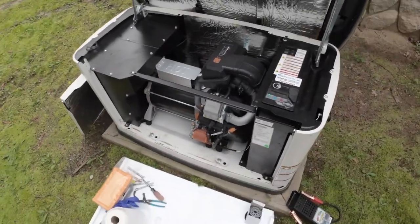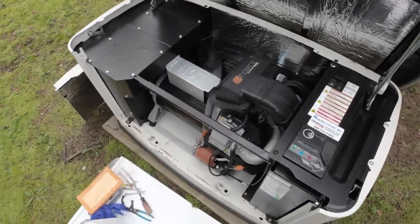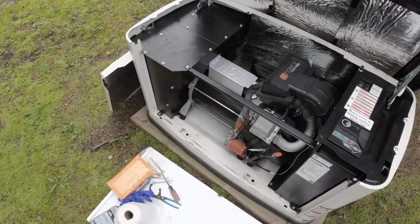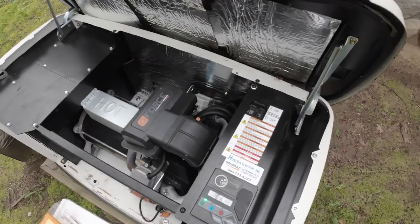See, I haven't done this in about a year. I usually do it yearly. Last year was the first year I did it. So it's fairly simple, straightforward. First thing to do is